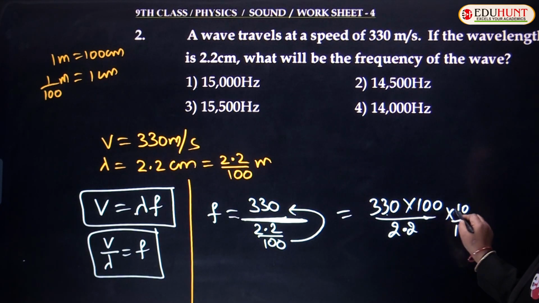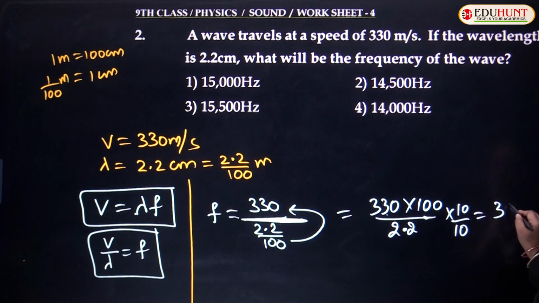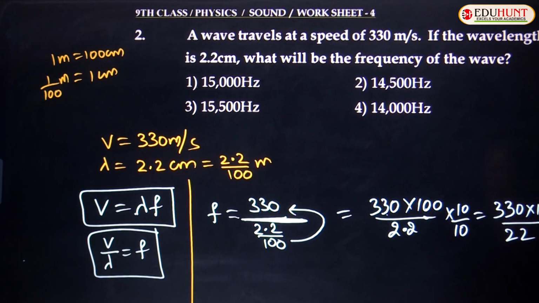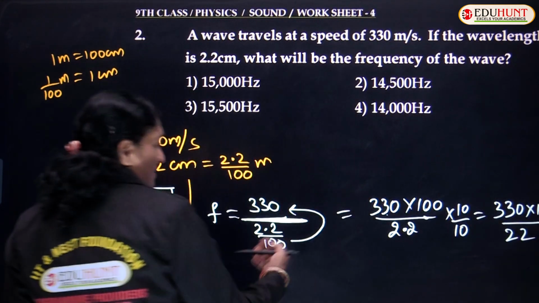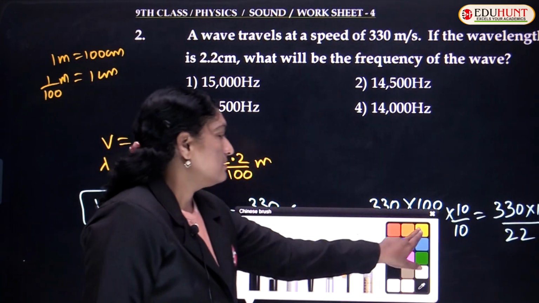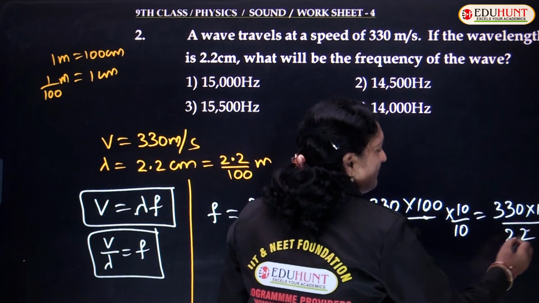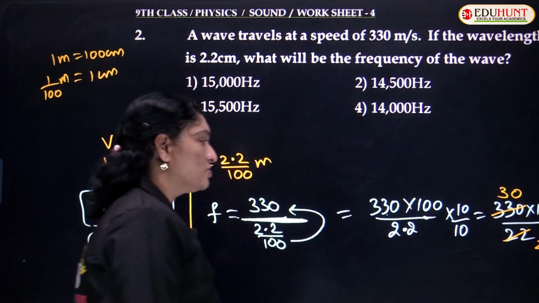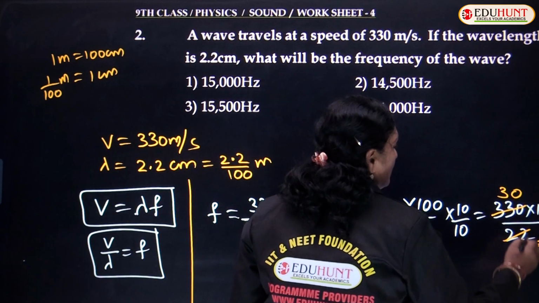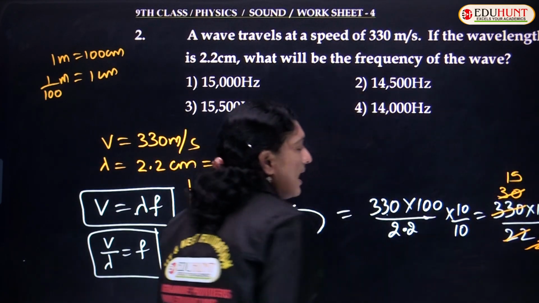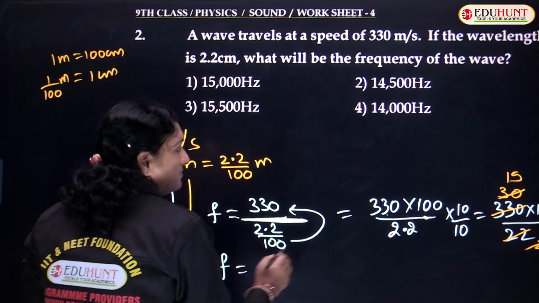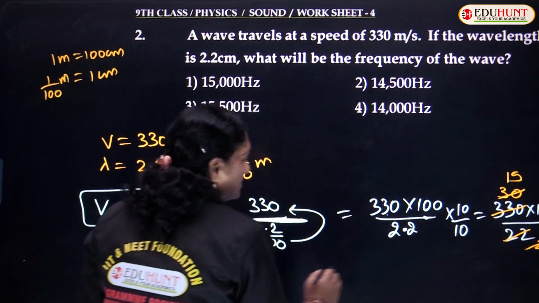Then 330 into 100 into 10, you'll be getting it as 330 into 1000 whole upon 2.2 into 10, you will be getting it as 22. So I try to remove the decimal. So now dividing, 11 2s are 22, 11 3s are 33, and here is your 0. Further simplification gives this goes 15 times. Therefore, the final value of F is found to be 15 into 1000,